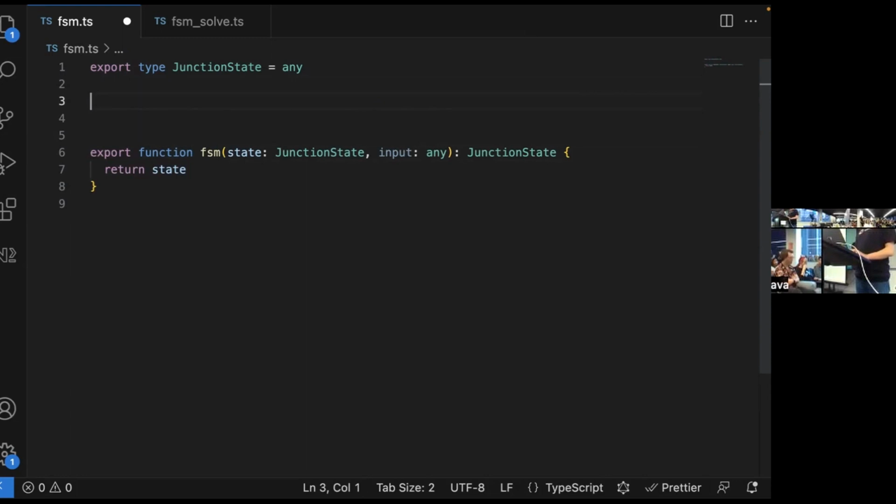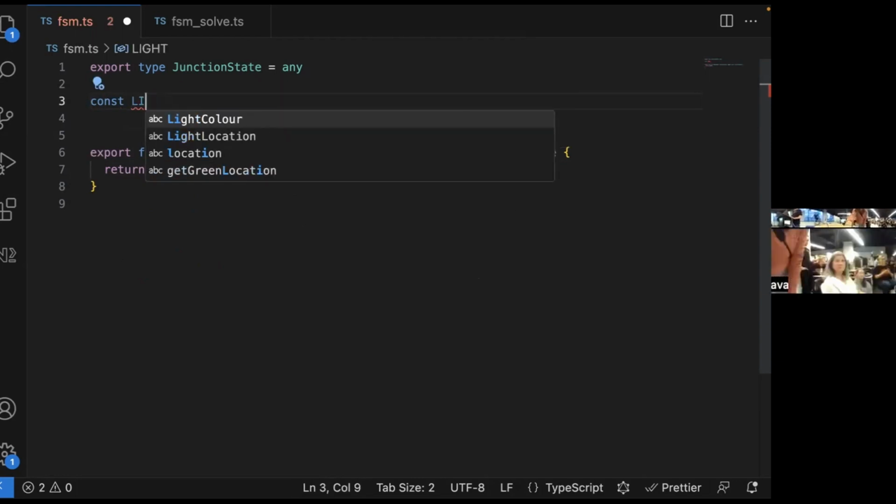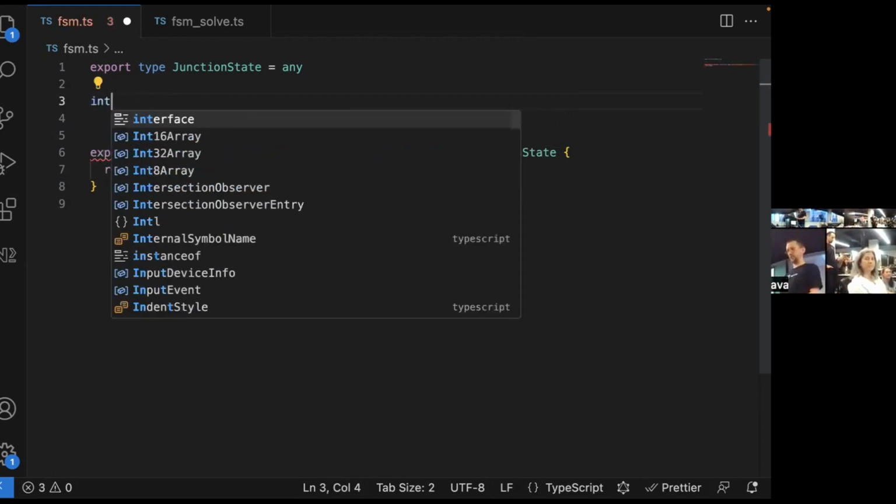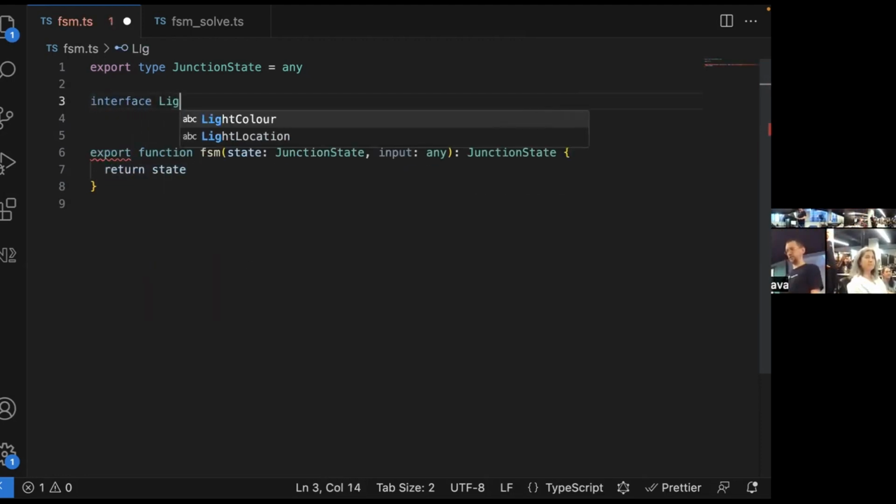This is TypeScript, by the way. There's very little JavaScript or TypeScript specific stuff in there. So if we do a type, let's do an interface like light.